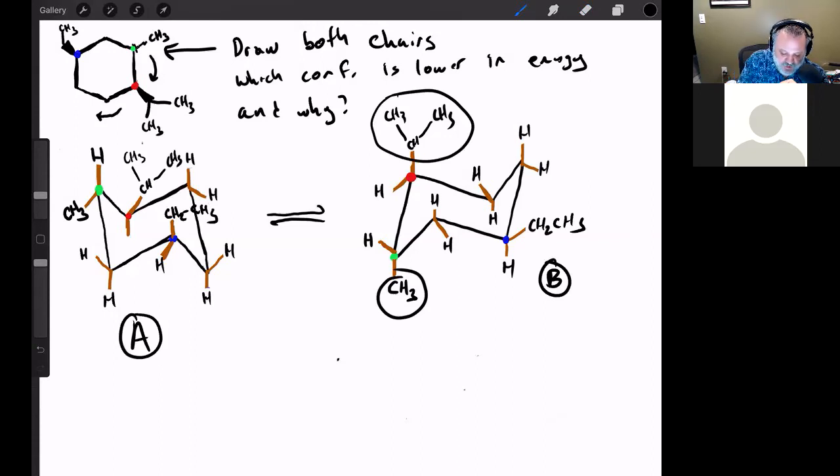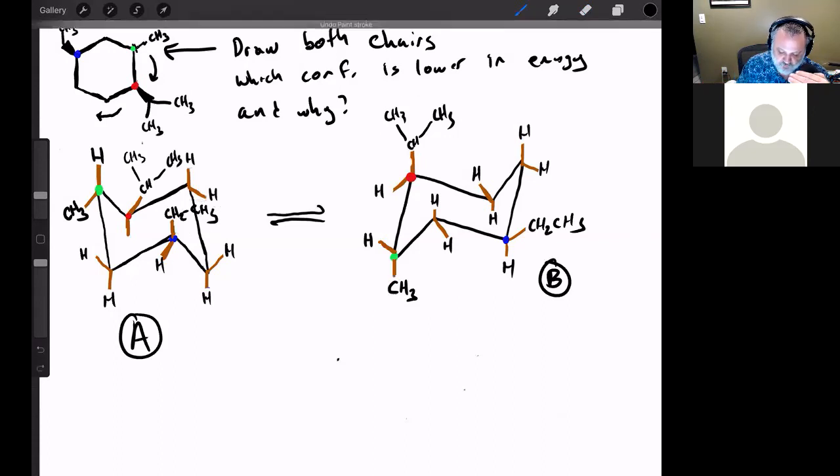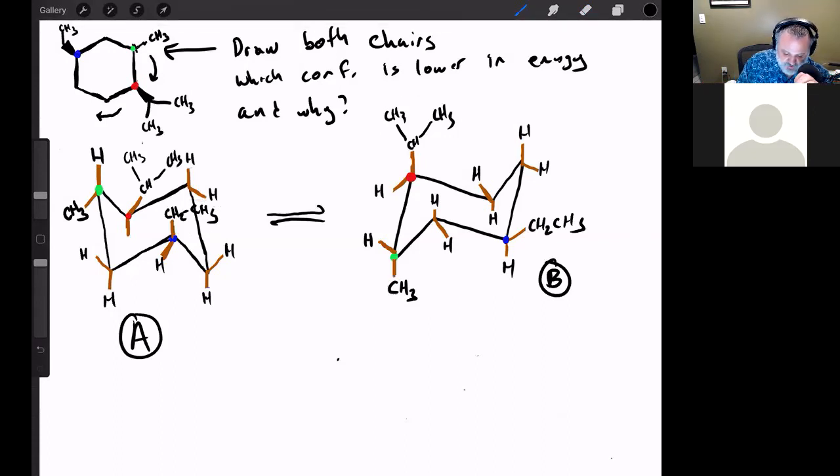In structure A, the only thing that's doing 1,3 diaxial strain is the ethyl group. And so the isopropyl group in combination with the methyl group having 1,3 diaxial strain is more energetic than just the ethyl group doing it. So which one is lower energy? A is lower energy,